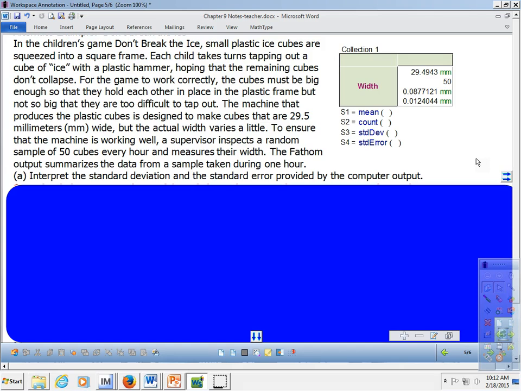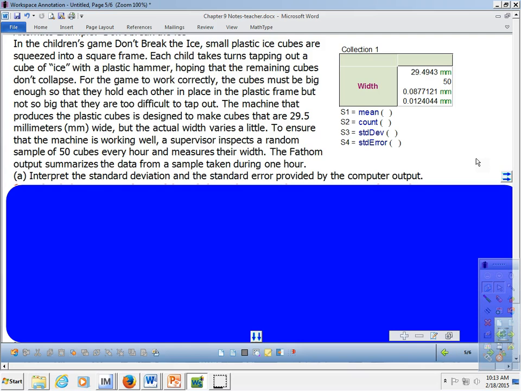Right? So, you ever played the game Don't Break the Ice? I had never until I had kids, and we have that game now, and my two girls love it. Especially my 4-year-old, she just goes to town on those little cubes of ice with that little mallet thing. So anyway,